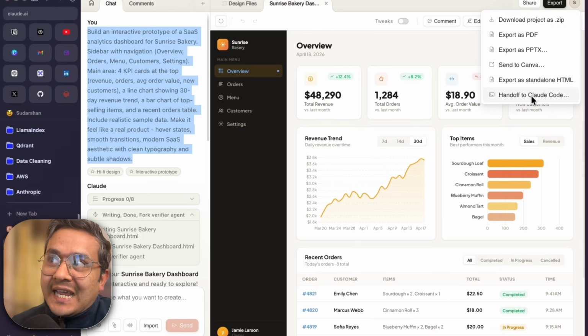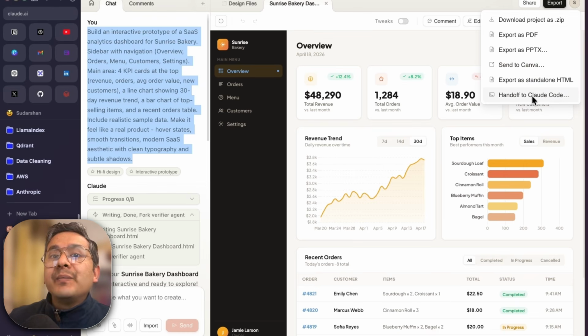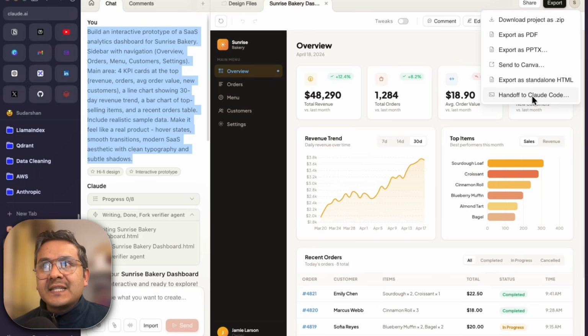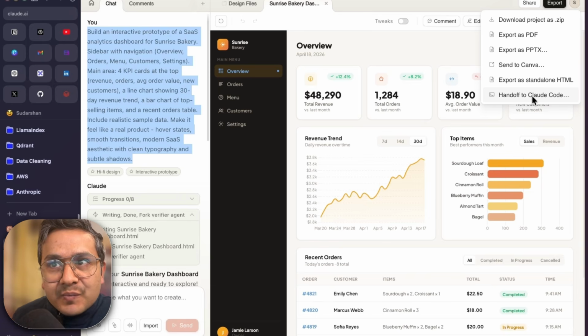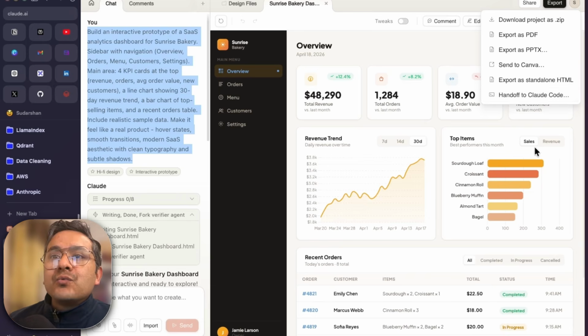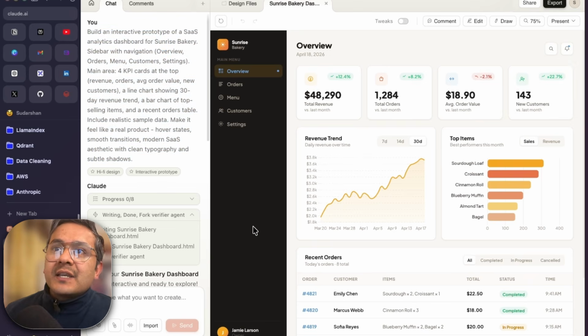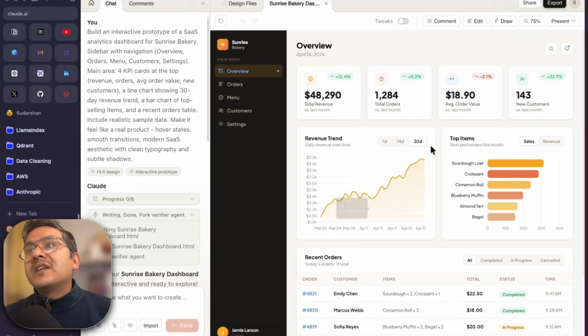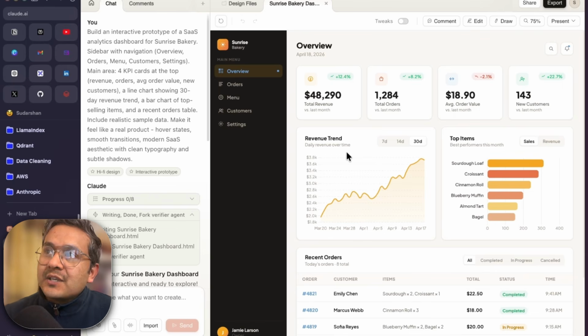You can even hand off to Claude Code so that it can build what you have designed and you can deploy that into production. In this video, I will first show you what this Claude Design is all about from the announcement page and what you can do on top of it, because building it is not just the first solution, but what you can do on top of the existing canvas is also the good thing, so that you know if you want to use this tool or not,